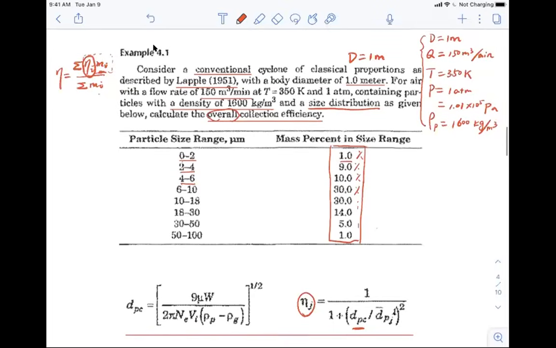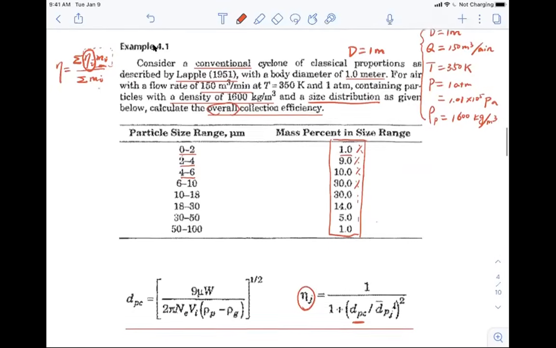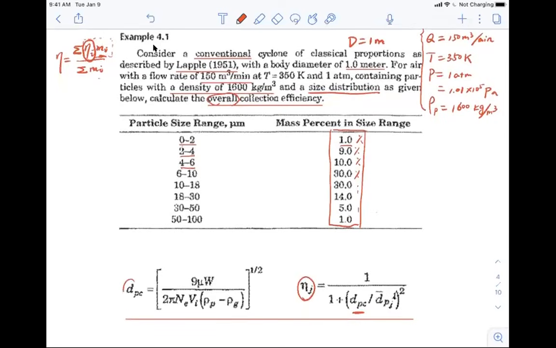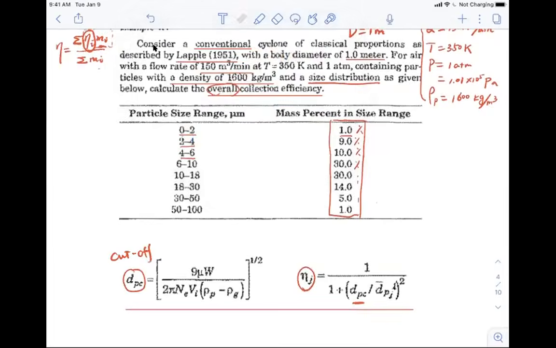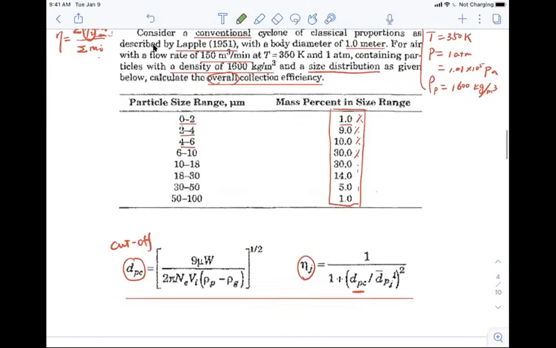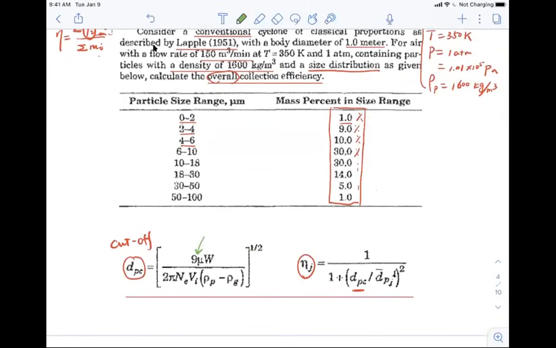So you see that the goal is actually turned into trying to solve the efficiency at different size ranges, okay? So basically we need to first find out what is the cutoff size, right? So if we write out the meanings for each parameter again, we know that the mu here is the dynamic viscosity, right? So the W here is the width of the inlet,